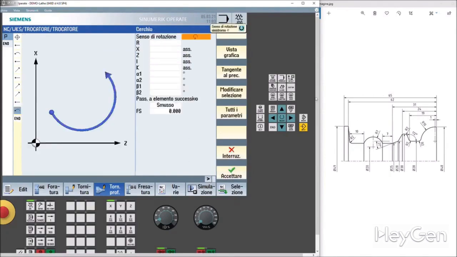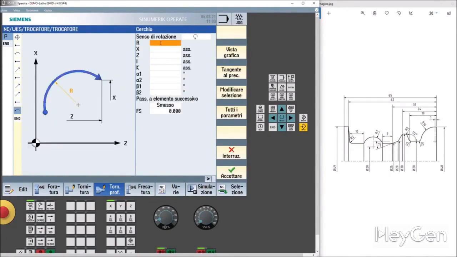Another nice circular interpolation. Circular interpolation in a counterclockwise direction. Radius 7. Destination X, I'd say minus 25. Destination Z, 62.10.